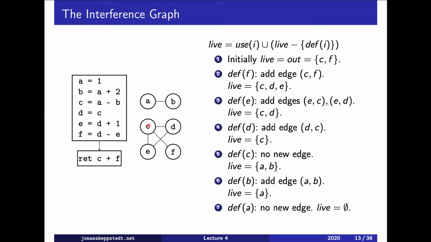Well, we will look at this vertex, and we start with setting the live set to the live out of it, and that's C and F. Okay, so we define F and make an edge between F and each variable which is live, and that means between F and C, and not between F and F. Okay, and then we don't use this yet,